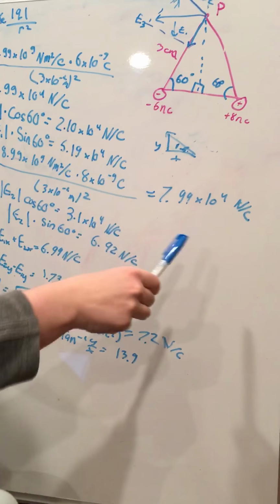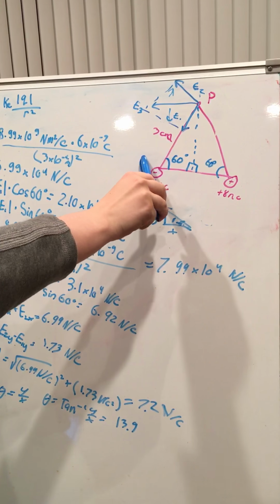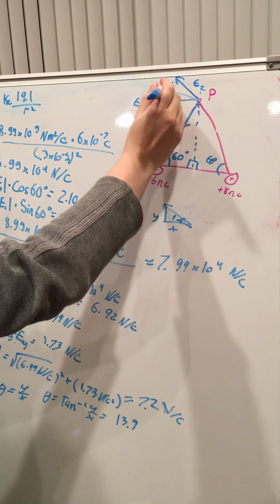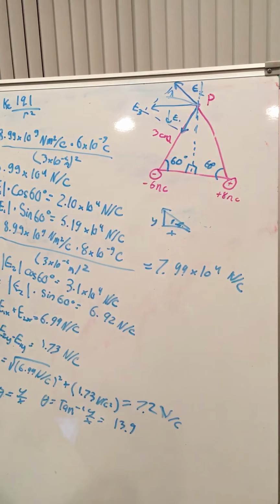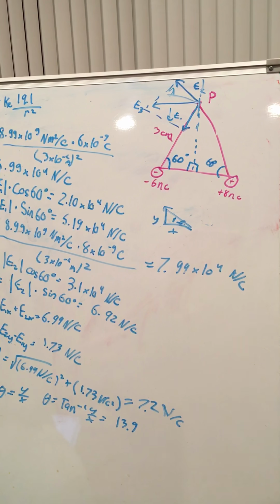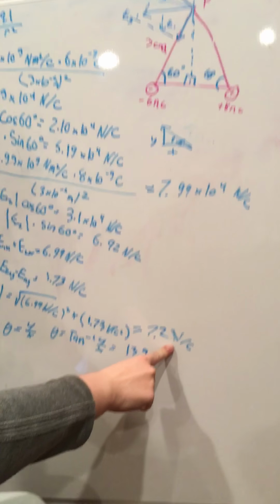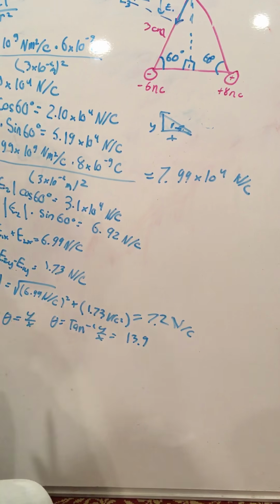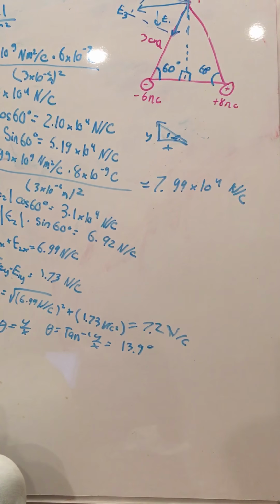However, we're going this way, so it's actually 13.9 degrees above the negative x-axis. So therefore, we have our electric field, 7.2 newtons per coulomb at an angle of 13.9 degrees above the minus